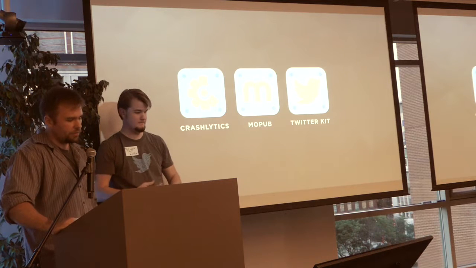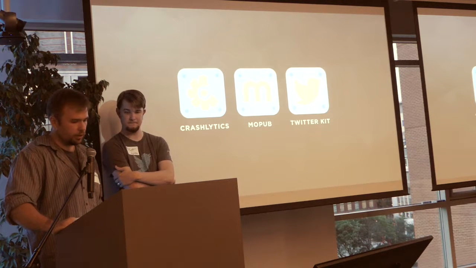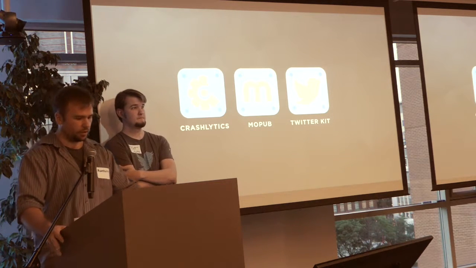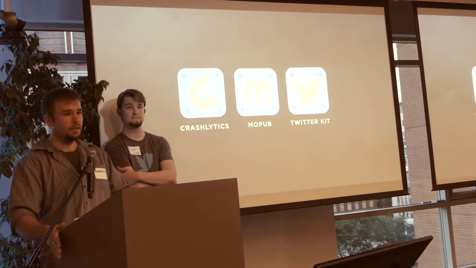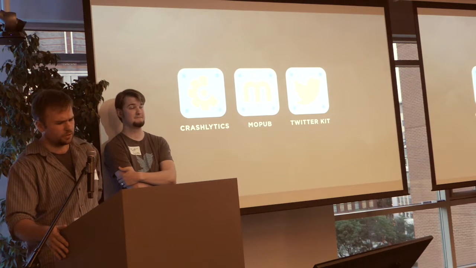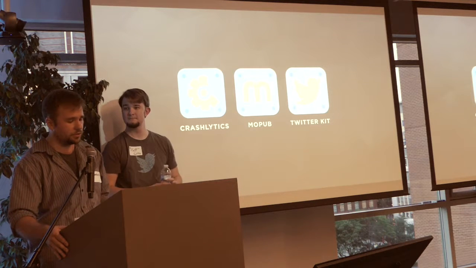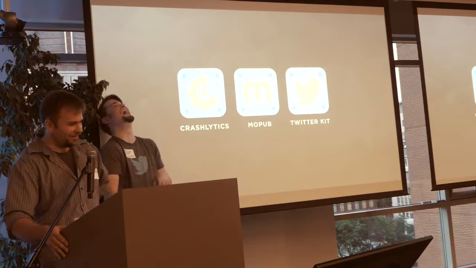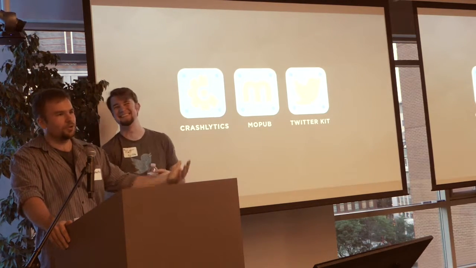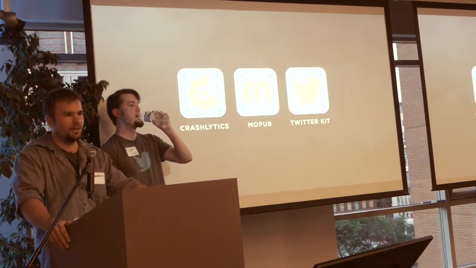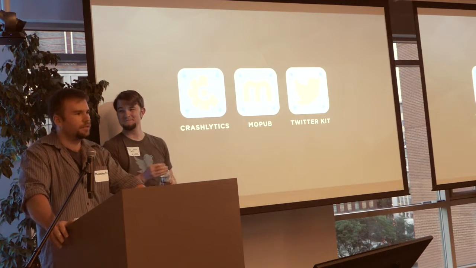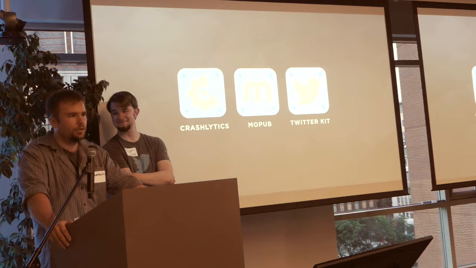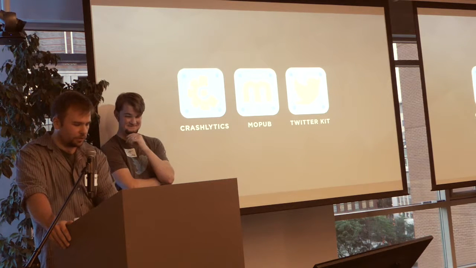At the moment, we provide 3 very valuable Unity-based tools: Crashlytics, TwitterKit, and MoPub. So Crashlytics, for those of you that aren't familiar, helps you achieve stability within your game. There's nothing worse than being excited about a new game only to find out it crashes every time you try to catch a stinking Pokemon, right? TwitterKit allows you to integrate the social component. For example, if you have this cool game and you reach a high score, you might want to tweet it to all your friends. And MoPub allows you to monetize your hard work by plugging you into an ad exchange network with just a few clicks.